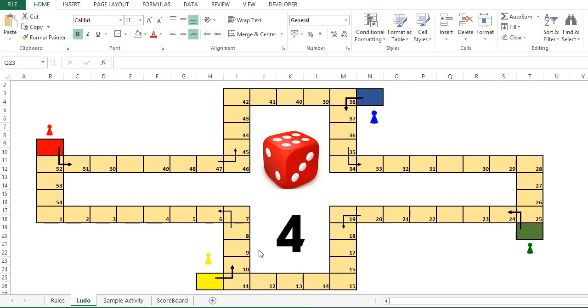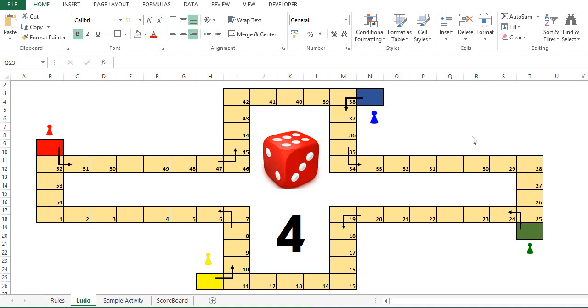This is a small simulation game based on the very popular game of Ludo, and this is designed for corporates, college students, or even this could be played among friends just for fun. And the best thing about this is that it could be played virtually, and all we need here is any of the screen sharing tools or apps. For example, we can use Google Meet, MS Teams, Skype, or any tool you are comfortable with.